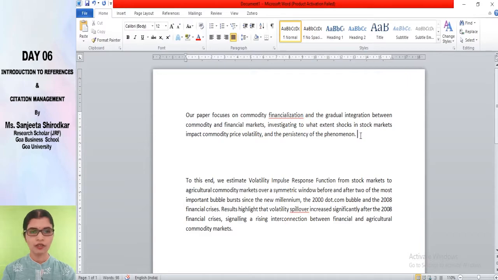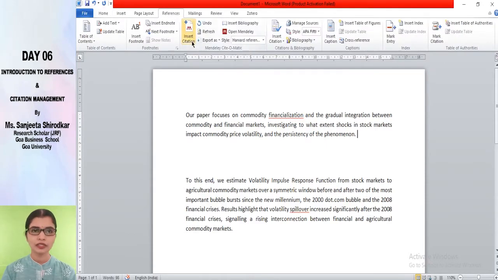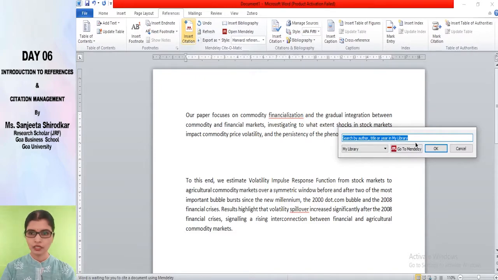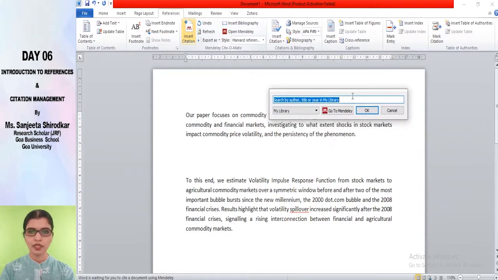So here, I wrote this paragraph, and to support this paragraph, for example, I want to put some citations to support my claim. How do I do it? Go to references, click on insert citation. Now this window will pop up. Now you could search for authors, if you are remembering any term in the title, or if you are remembering the name of the author, you just have to put it. I'm not remembering right now what authors I have in my library. So just type something.